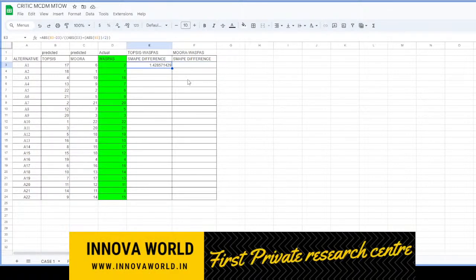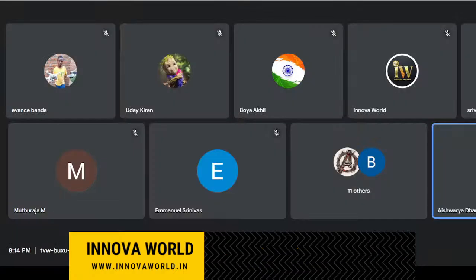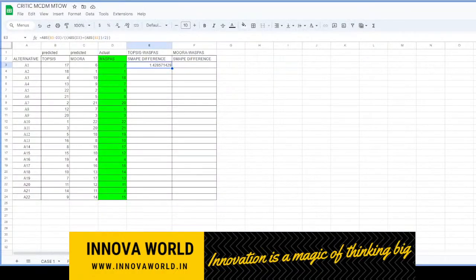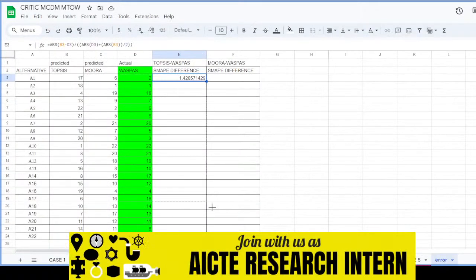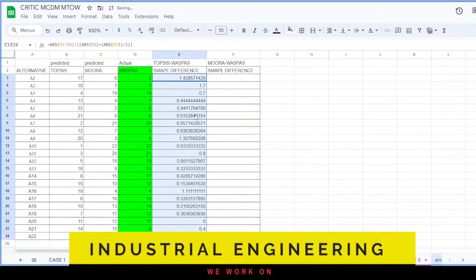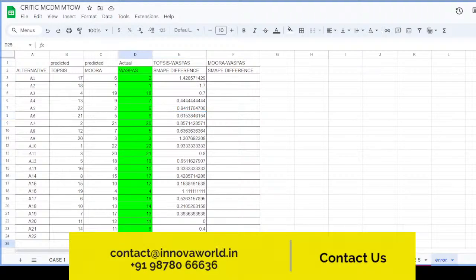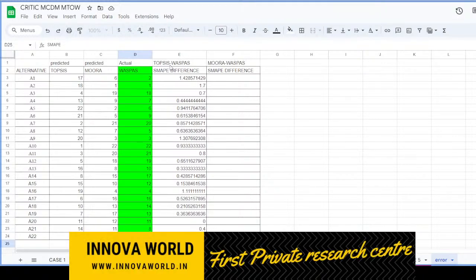You can utilize this formula and just drag it down, you will get the same for all. And to get the difference between TOPSIS and WASPAS, you need to do it